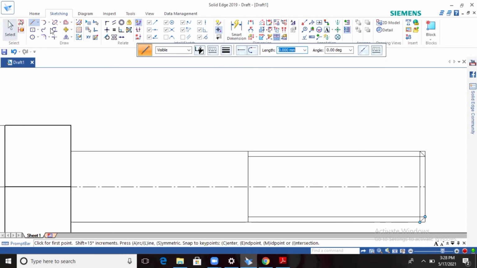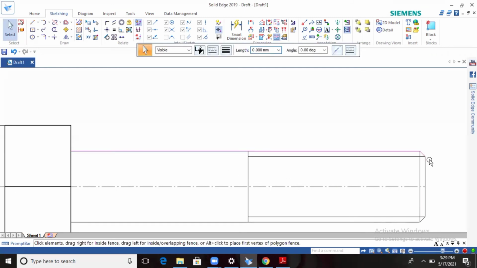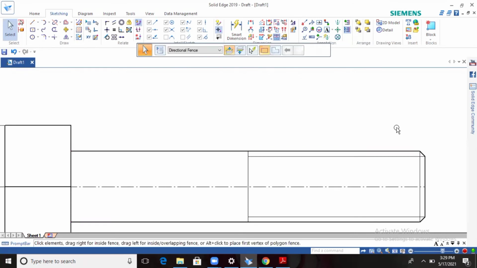Draw it. Okay, so trim this one and trim this one. Okay, now select this one line, select the lines. Okay, make it 0.5.